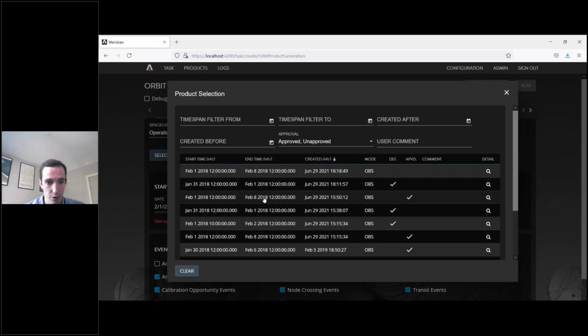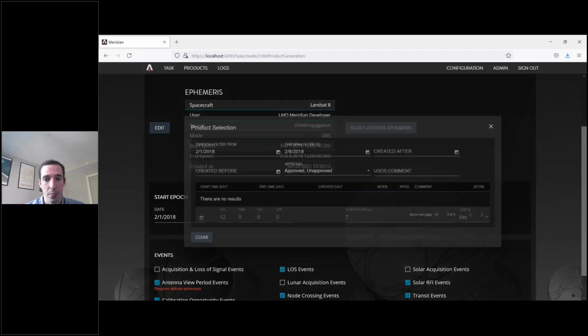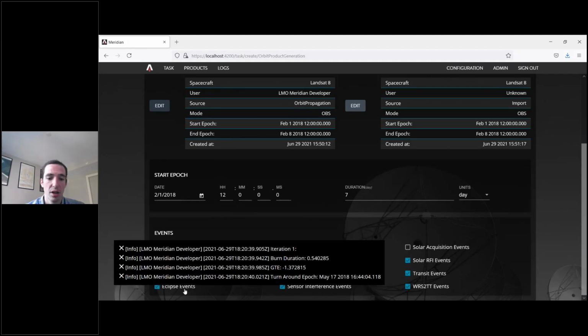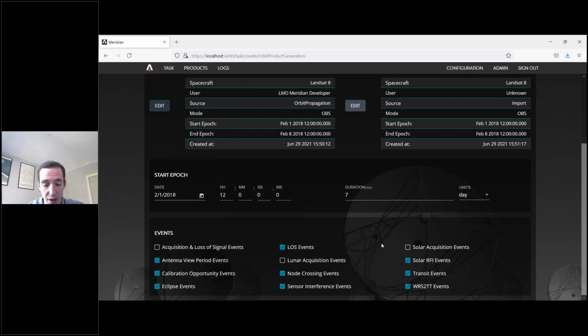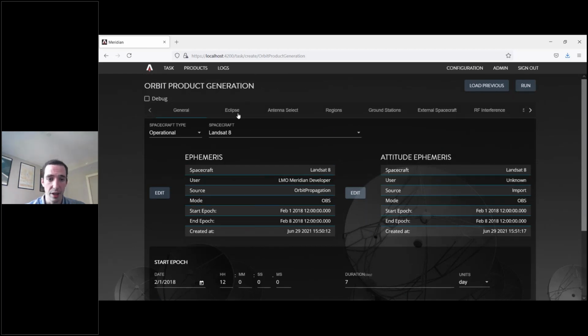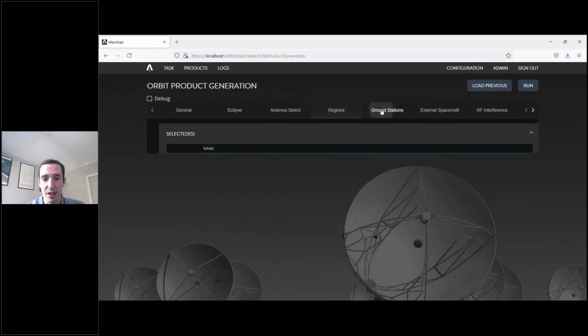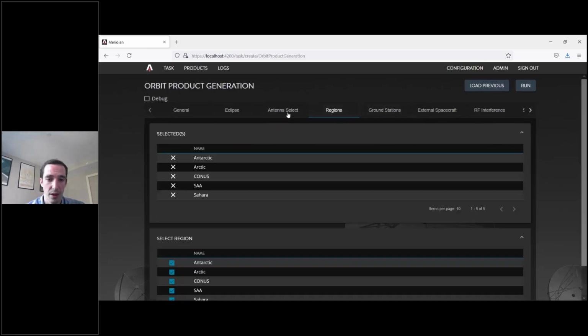Created, approved. So this is going to create whatever events I select, such as view periods, calibration opportunities, eclipse periods, RFI periods, line of sights, node crossing, sensor interference events, region transit events, and the WRS-2 grid, which is specific to the Landsat sun synchronous orbit regime. So each of those events has additional